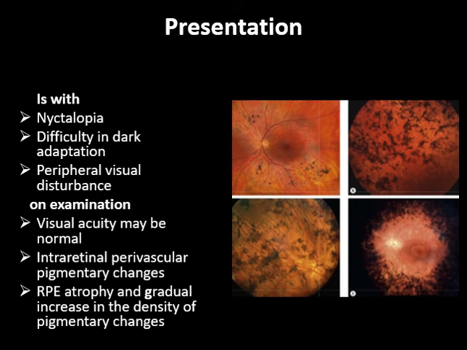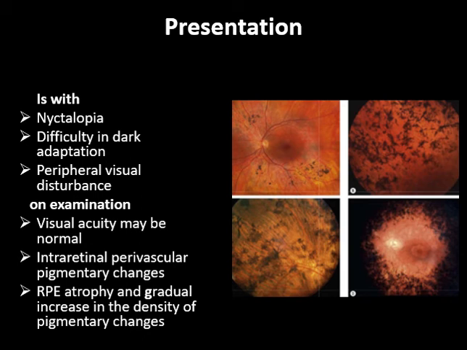Presentation is with nyctalopia. Nyctalopia means inability to see at night and difficulty in dark adaptation. Dark adaptation means that when you go from the light to a dark area, the time taken by your visual system, visual pathway, to adapt to that dark light is known as dark adaptation. So the patient will come to you with the complaint of inability to see at night, and there is prolonged